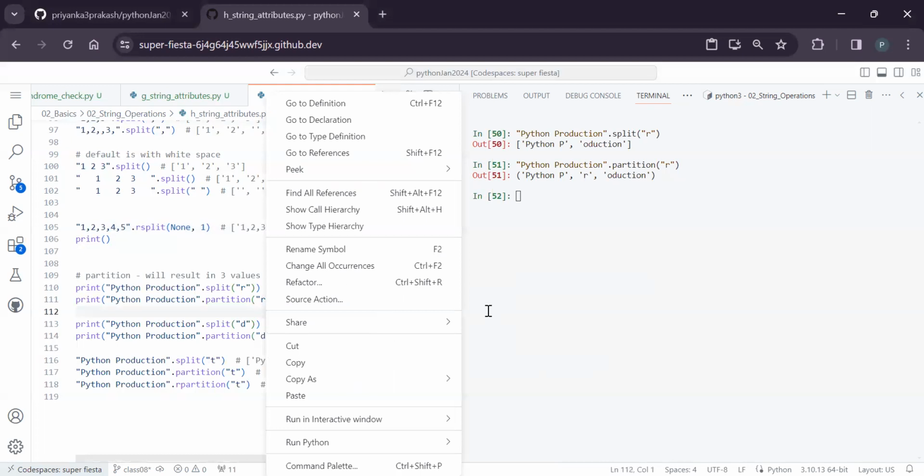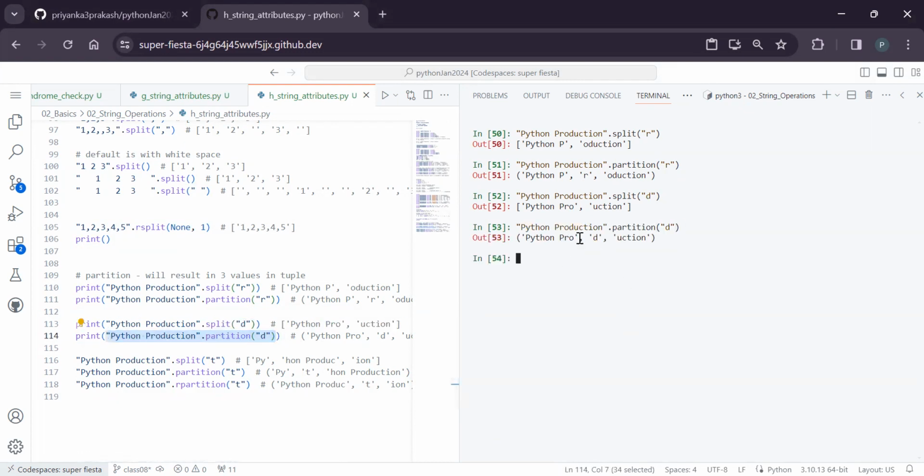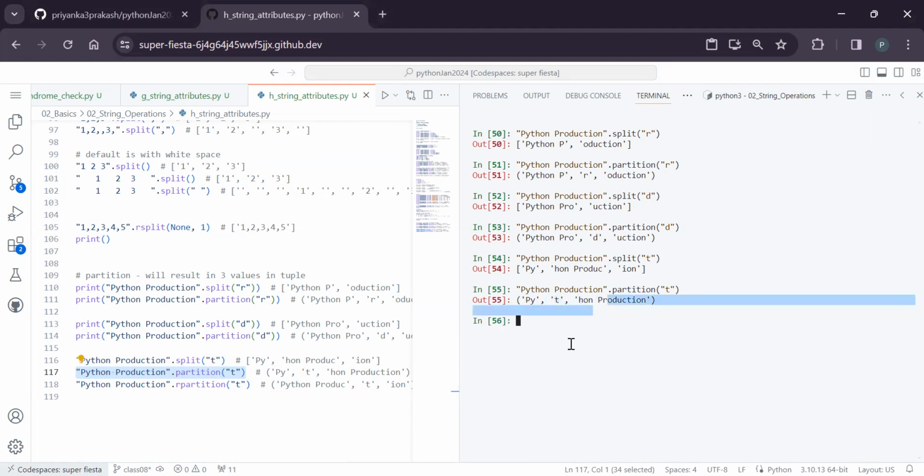Similarly, if I give this example, you will notice, you see here, split of D. How many times is D present? It splits that many times. If I do a partition of it, partition every time will give 3 values only. Even if a particular character is occurring 10 times, it will give the same thing. If I do split, this T is occurring these many times, and it splits like this. But if you go for partition, though it has 2 occurrences of T, it uses only the first occurrence. So before that, the character with which it is splitting, and after. If I do the rpartition, the same thing will come, but